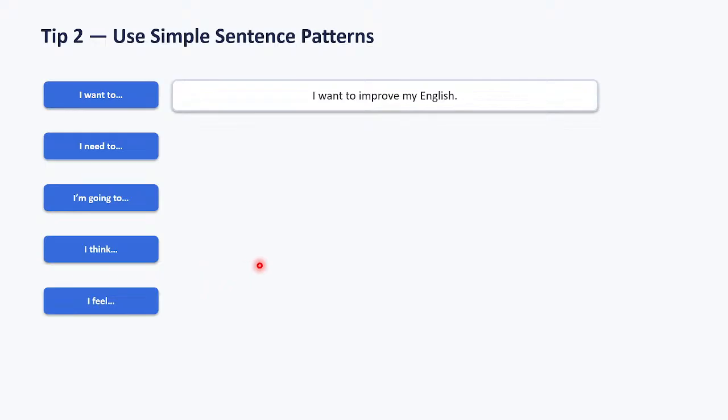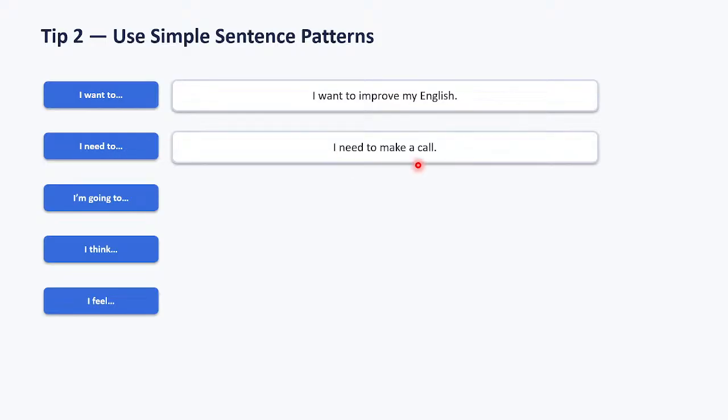Okay, it would be very helpful for you if you create 10 examples of each pattern daily, right. So you would have a bunch of statements with you which you are going to use on a daily basis, correct. That would be very helpful to improve your spoken English skill, right. Now how are you going to use "I need to", correct. I need to make a call.